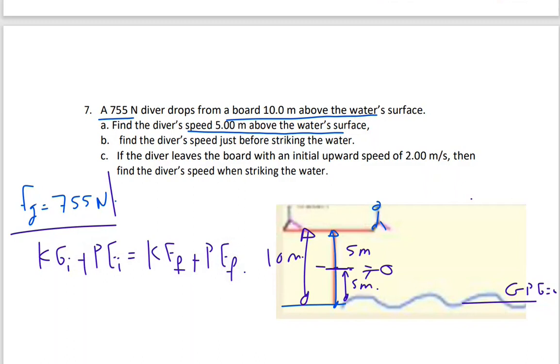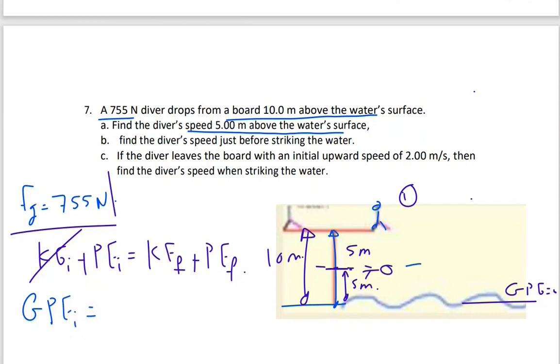Now, at the beginning, here is the initial position. When the diver is standing on the board, he has height 10 meters from the surface of water. So that type of energy is gravitational potential energy. And since he's not moving, he doesn't have kinetic energy. So no kinetic energy. It's only gravitational potential energy initial equals